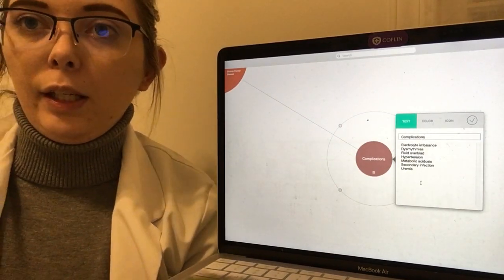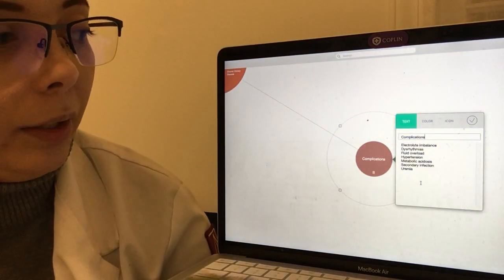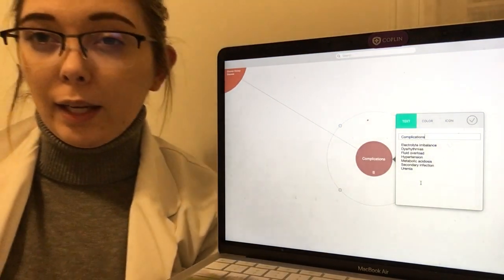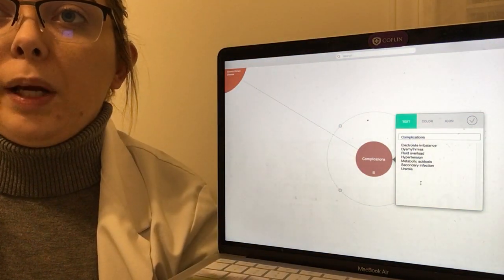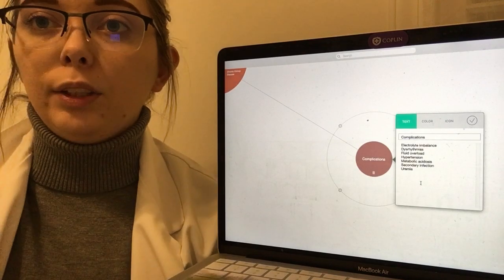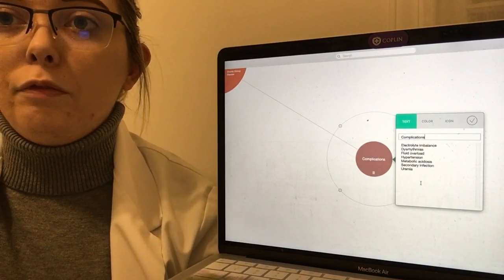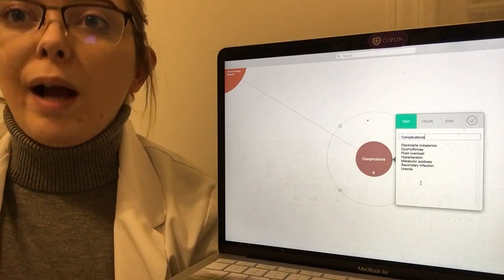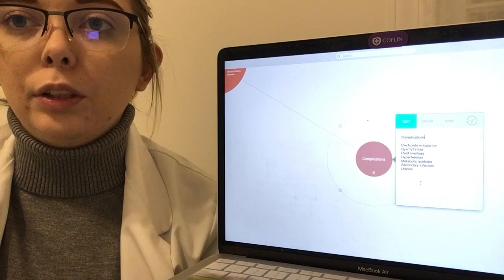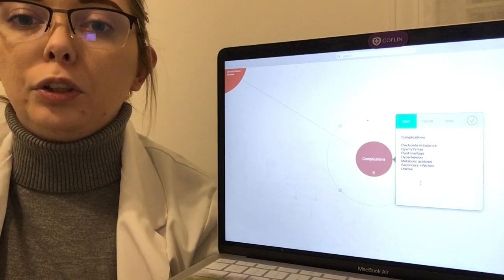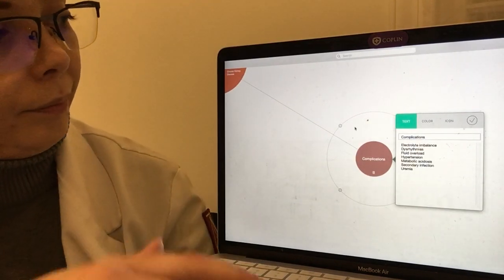Fluid overload, again, symptoms just of fluid overload. Hypertension, metabolic acidosis, any secondary infections. It's common with CKD for patients to have something else going on. So if they do come in with complaints of other infections and they might have some other signs and symptoms, be sure you're just paying close attention to those labs, because it could be a precursor to CKD. And then uremia.